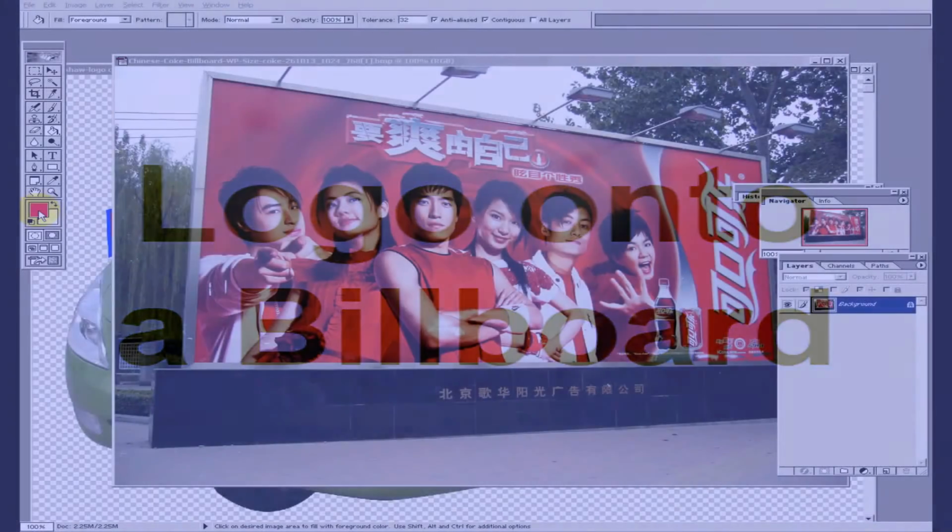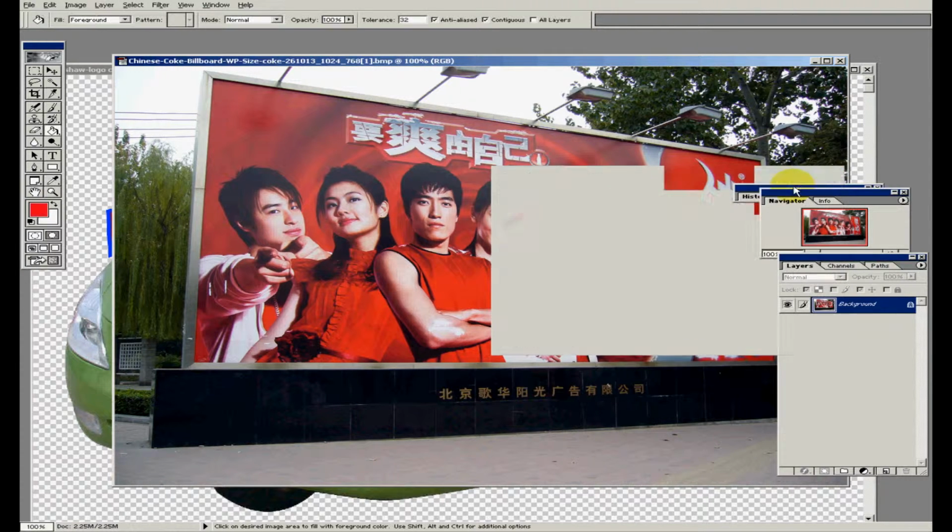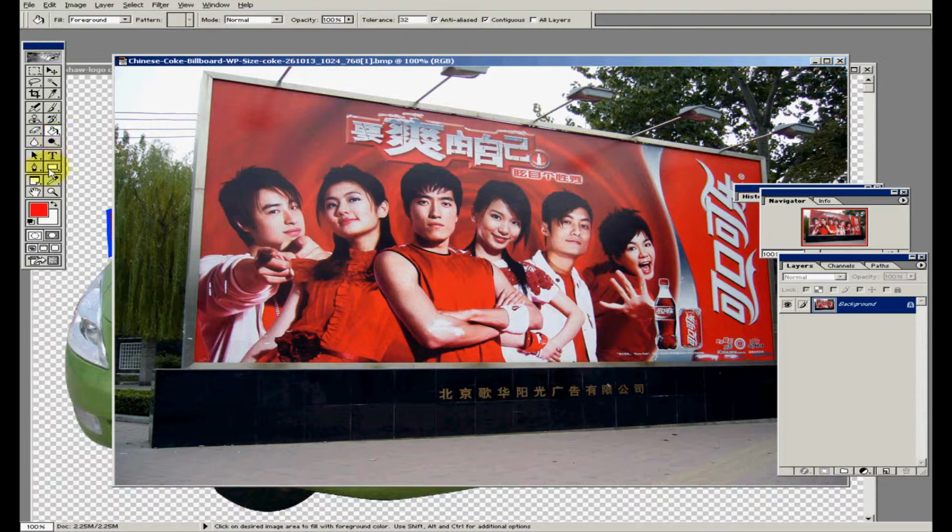In this lesson, we're going to be taking a logo and putting it onto a billboard. So first thing I'm going to do is I've downloaded a billboard, and you want to make sure that you put it in your home file, your T drive, and then go ahead and drag it into Photoshop